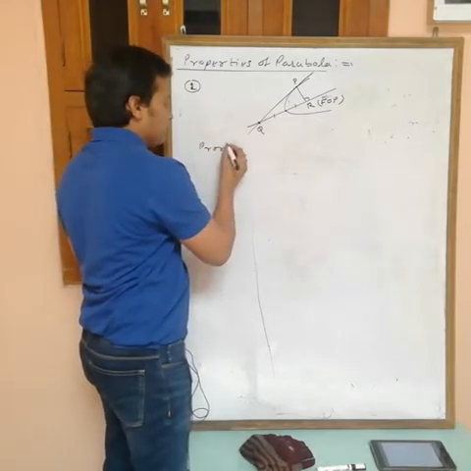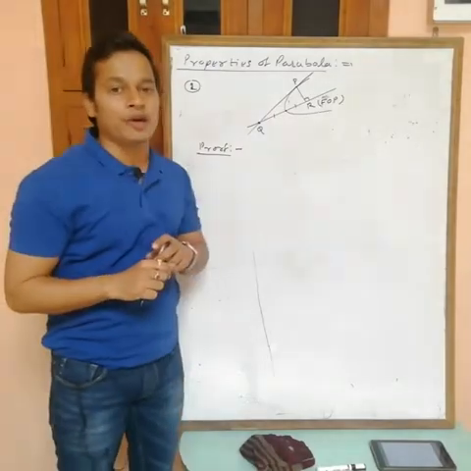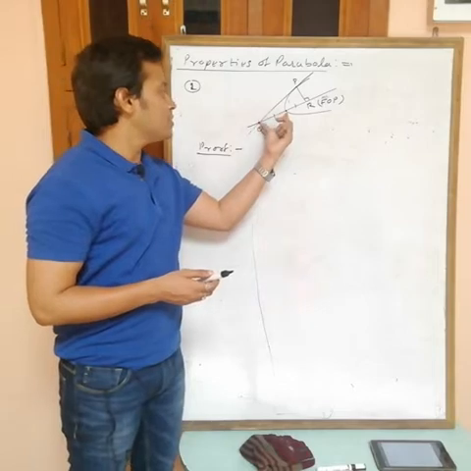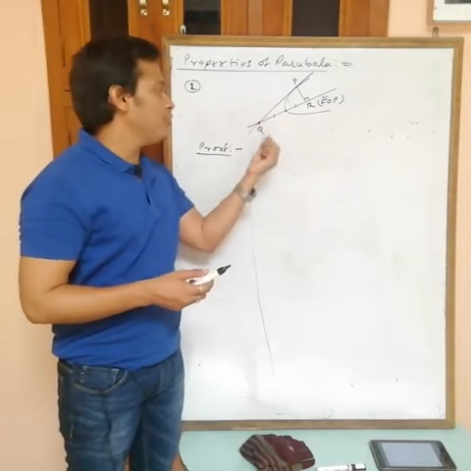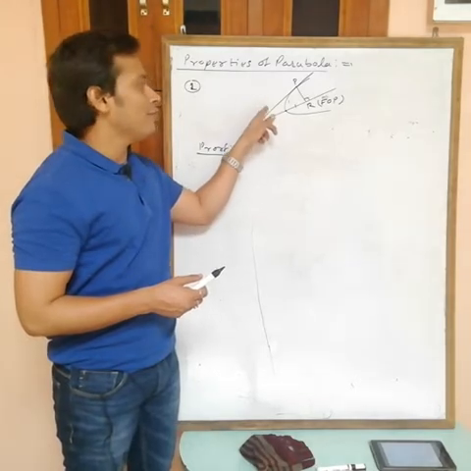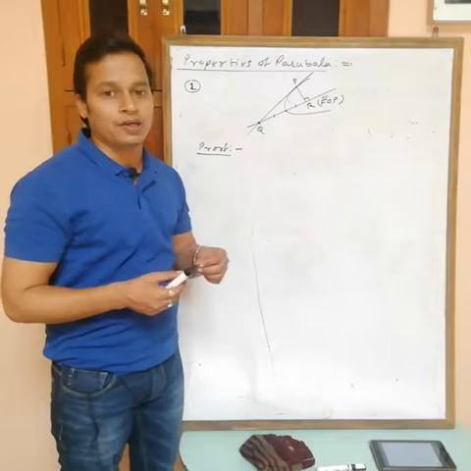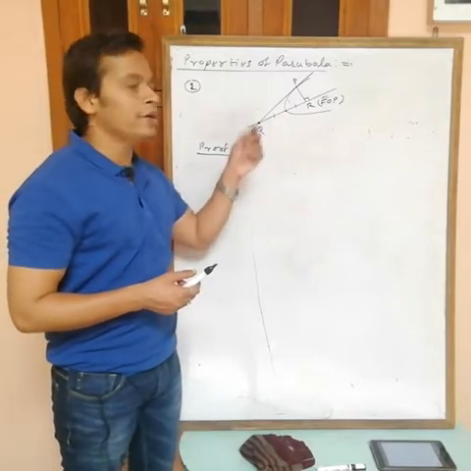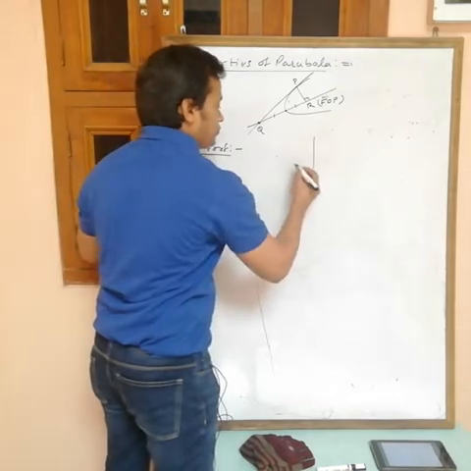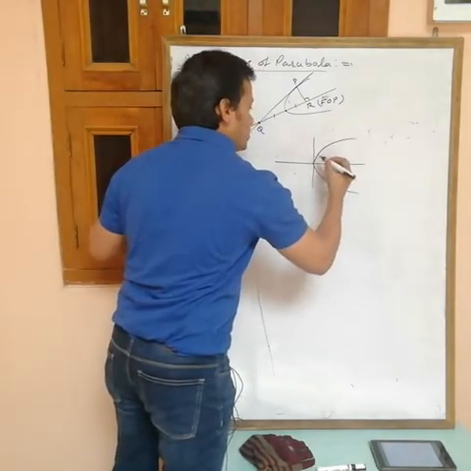Can I prove this one? Actually, I can prove it for the standard parabola y square equals 4ax, because to prove this I want this length and this length, and for that we have to find the coordinates of this point. To find the coordinates, you want the equation of this line and the equation of this line. So I have to take a standard parabola, because for a standard parabola we have the equation of the axis and also the equation of the tangent. But this is true for all standard or general parabolas.